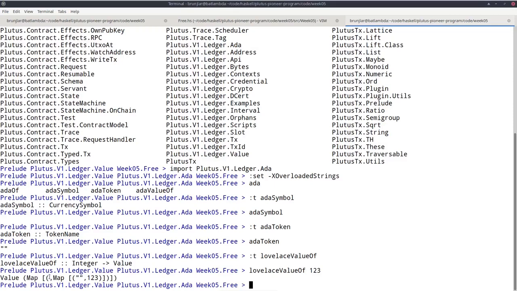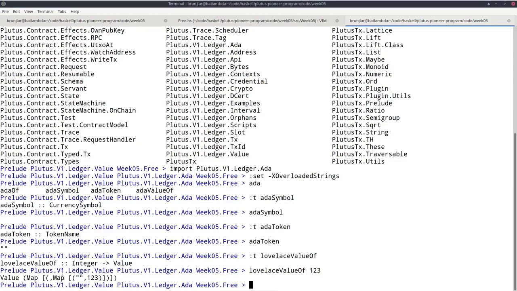That's because the currency symbol of Ada is just the empty currency symbol. Okay, and the value is now a map from token names to integers, and we see this inner map here again has just one key, the empty string, that's the token name of Lovelace, and finally the value is 123. So this value represents 123 Lovelace.